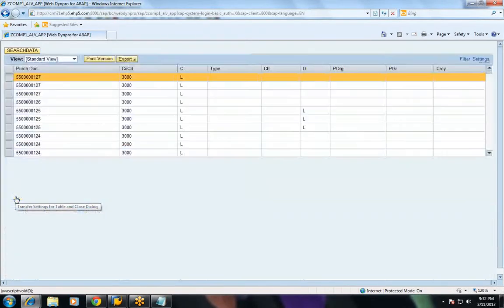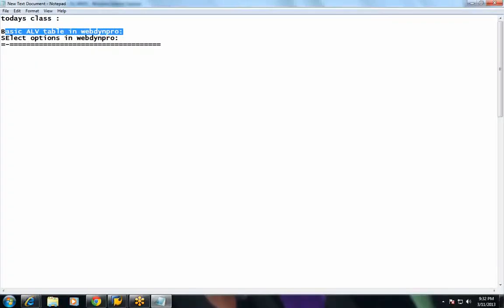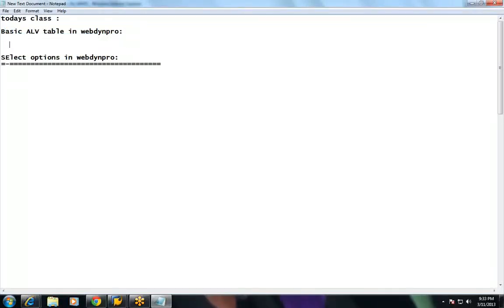So now it will be back to normal. So this is a very basic ALV table. So in basic ALV table allows